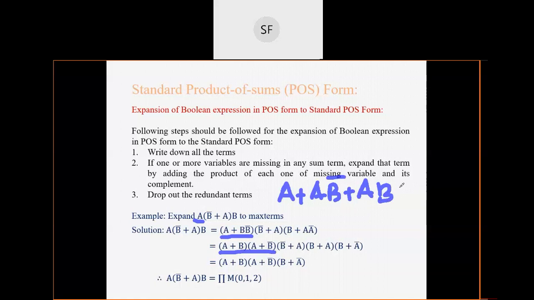तो मैं वो नहीं लिख रहा. So now, just यहाँ से a कॉमन निकालो. सो a जब कॉमन निकालोगे आप, देन यू विल बी फाइंडिंग दैट इन ब्रैकेट इट विल बी b bar plus b plus b bar or b bar plus b. So now we know that b plus b bar or b bar plus b is nothing but 1. So 1 multiplied by a. So आपके पास क्या होगा, a plus a.